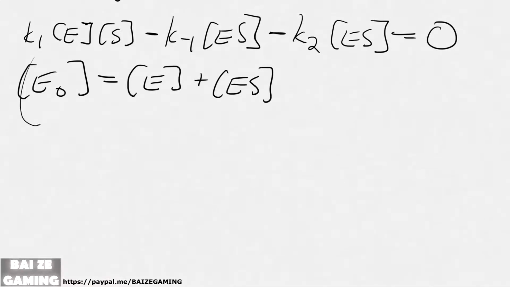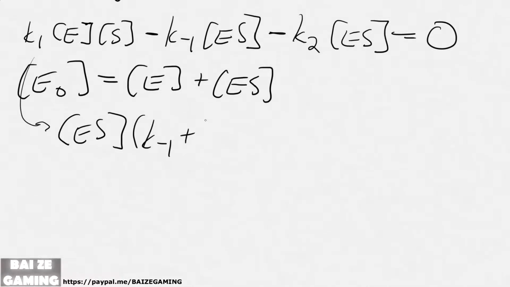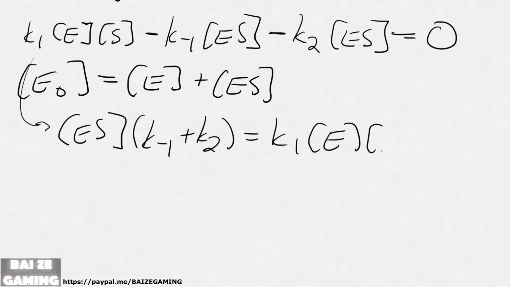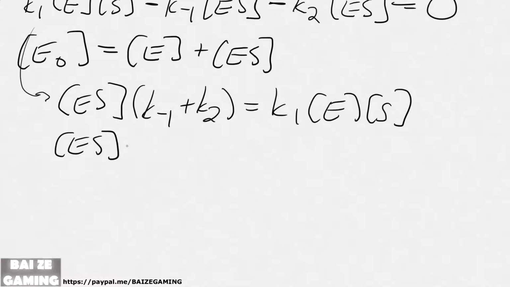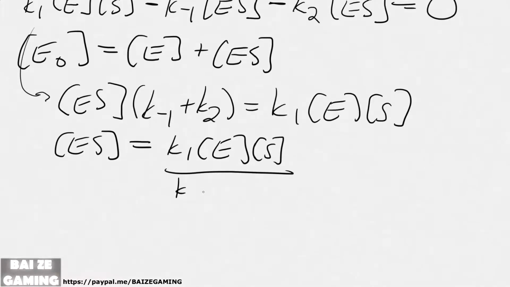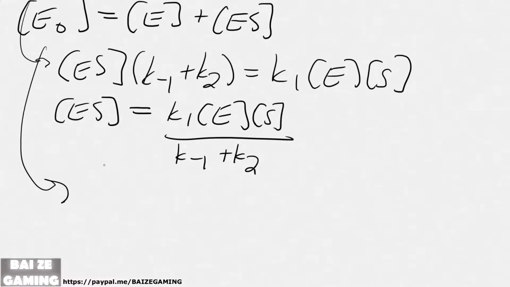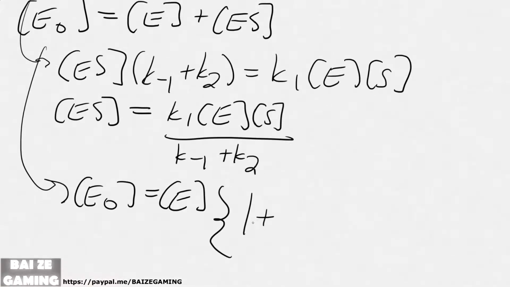So for this, what we can do is factor out the ES and move it to the other side. That will be K1 ES. So ES equals, and you just have to do the mathematics. It ends up being a lot of algebra in the end. So E0 equals, and then just factor out the E as well, which makes it easier, plus